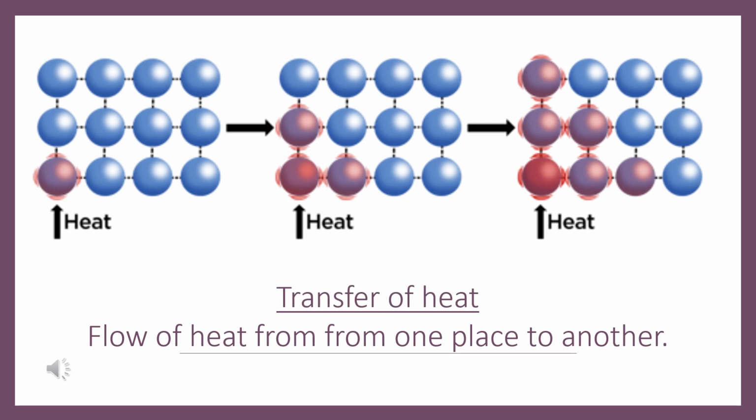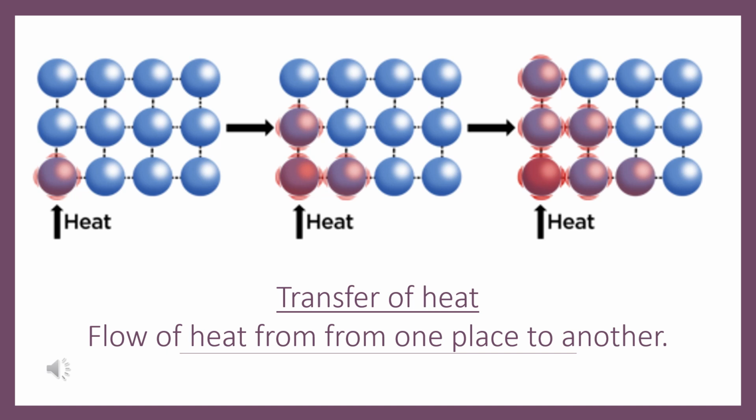So look at the picture given here. The blue color balls over here are nothing but the atoms present in any substance. Whenever we start heating a substance, you can see the arrow from below showing the transfer of heat, or the supply of heat, to the substance. Now first, whichever atom is in contact with the heat source will get heated. Can you see in the picture it's turning red?